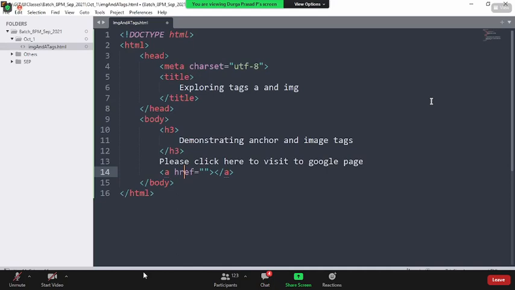Based on our requirement, we can make use of particular attributes. But coming to the anchor tag, href is a mandatory attribute using which we specify the path of the external page to be redirected to. Now say, for example, under this anchor tag I add some text, ABC.